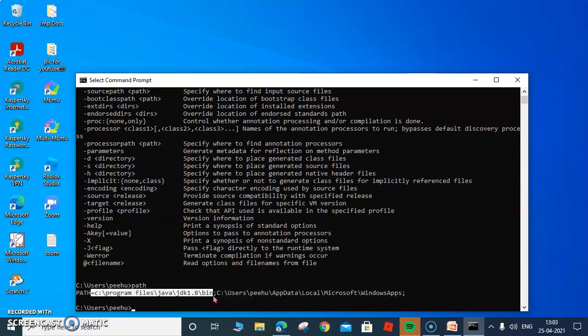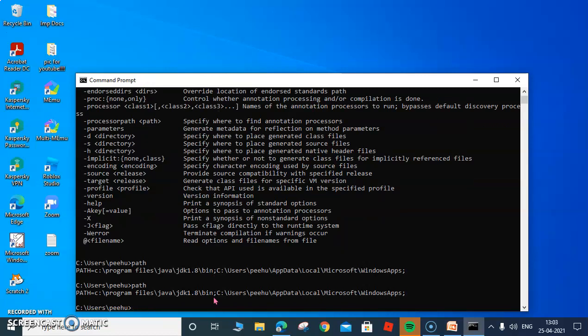If it is showing the wrong path or something wrong with this, then you might need to reset again. So I hope you must have got it. Again, just type path and see whether the path which you were setting up has been set or not. Alright, so this way we have set up the path. This one-time exercise has been done, meaning we have installed JDK, and at the same time we have set the path, and it has been set correctly.